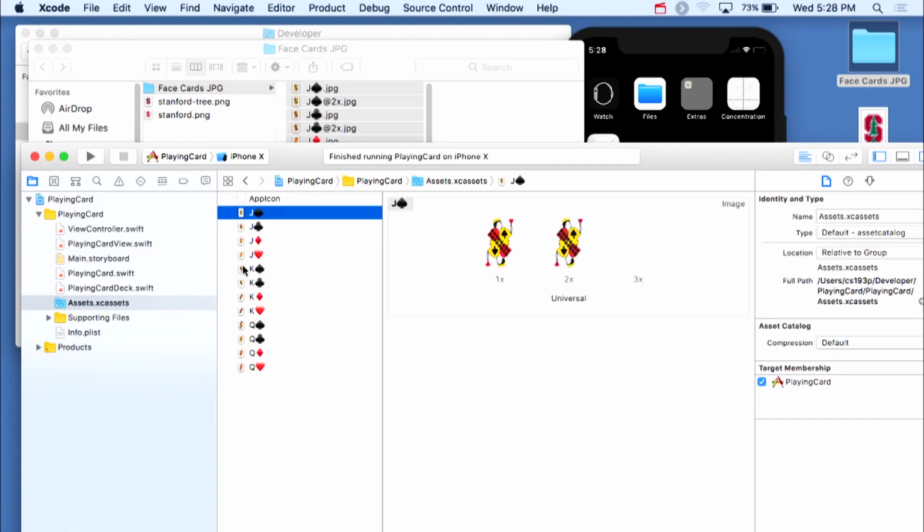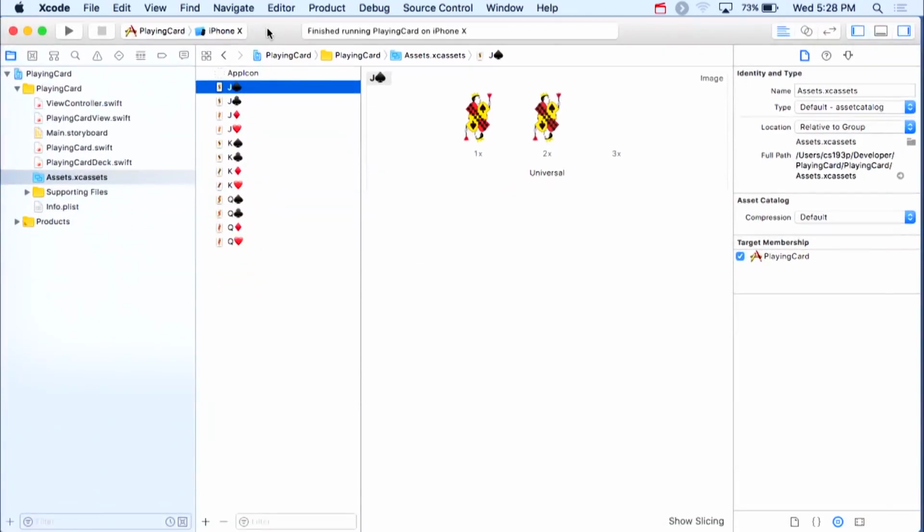Now, these JPEGs that I dragged in, this is telling me the name of it, and it got it from the file name of the JPEG, but you can rename these to be whatever you want. I've conveniently named them rank suit, okay, so that I can find them. And putting these images in my face card is just a matter in my draw rect of looking these up